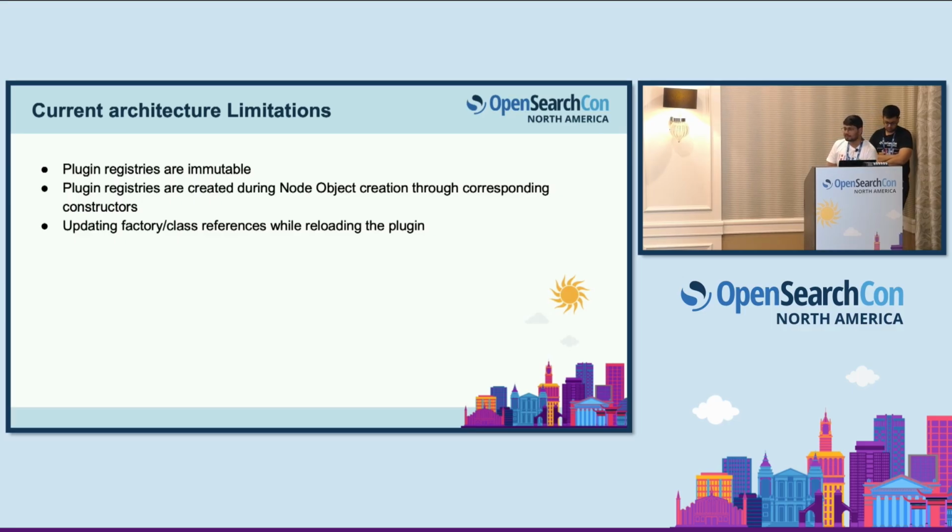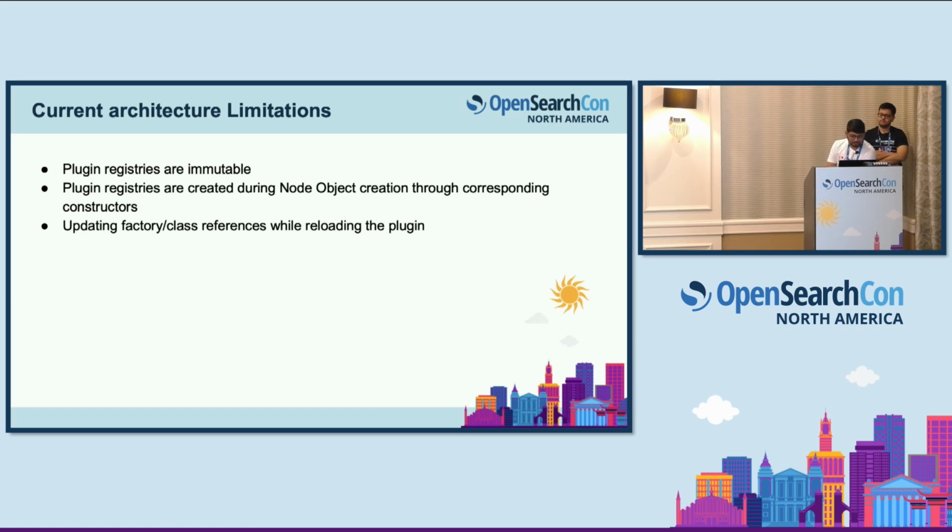But let's say, even if I installed that plugin, I should be able to see the change that I have updated, right? That should be in effect, right? However, let's say some service, for example, an indexing service, is using these analyzer plugins. We'll have to update the reference in the indexing service as well, because the plugin has changed now and we need to pick up the latest implementation. So that again poses a different